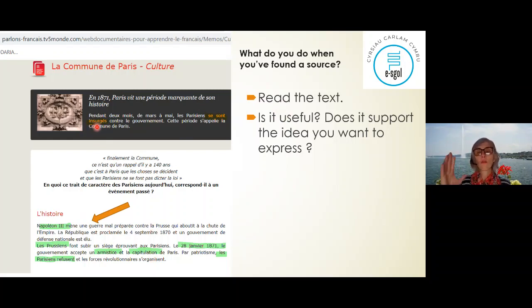So you should have a list of vocab where you note the new vocab from the document you found on the internet, to be able to use that vocab in your oral, or to be able to understand what you're talking about if you quote that document. So "se sont insurgés" comes from the verb s'insurger. You could try in the Q&A, if you've got 2 seconds, to tell me what it means. If someone knows, I leave you 5 seconds for that. S'insurger, what does it mean from your point of view and from what you can read there?